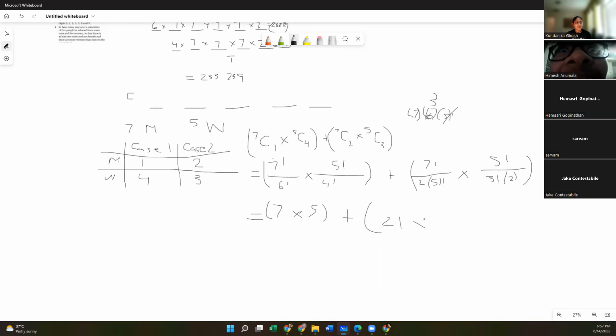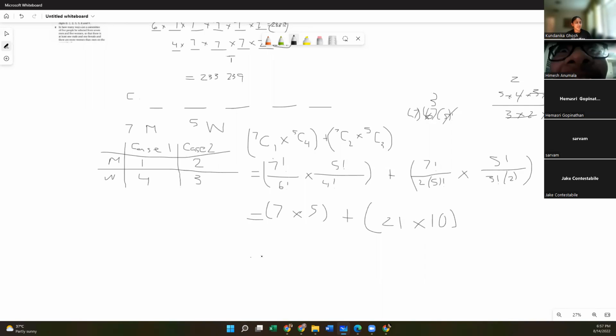We have 21 times, again, we have 5 times 4 times 3 times 2. And then we don't really have to write the 1 just because it's implied. And then 3 times 2, and then again, times 2 over here. We can cancel out the 3 times 2 from both the numerator and the denominator, which is also just 3 factorial. And then 2 goes into 4 2 times, so we have 5 times 2, which is 10.